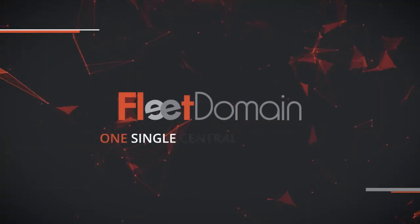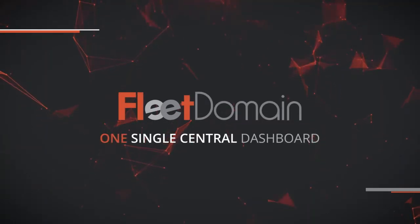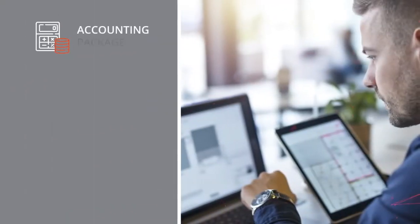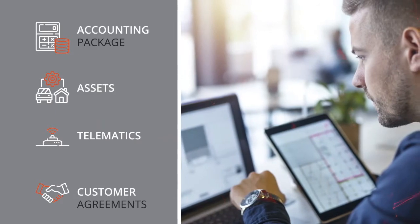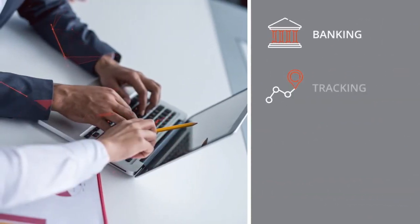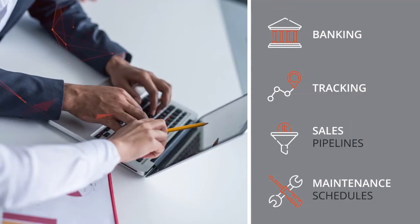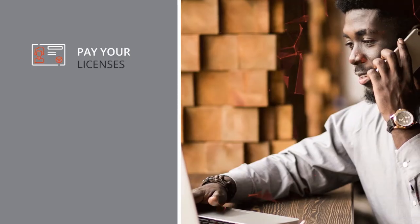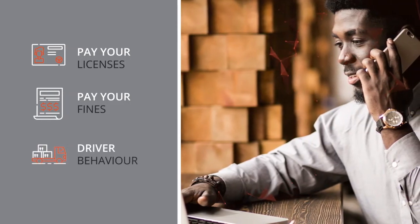When information is co-located into a single streamlined system, then you start to find real efficiencies. When your assets and your accounting package, your telematics and customer agreements all work together, then everything works better. When your bank and tracking company, sales pipelines and maintenance schedules all speak the same language, you can start to hear the song they're singing. When you can pay your licenses and fines while paying attention to your driver's behavior, you can get more time